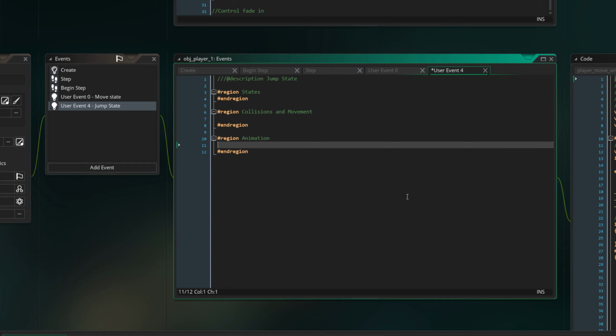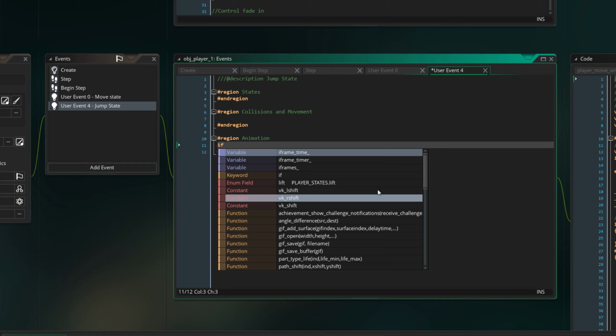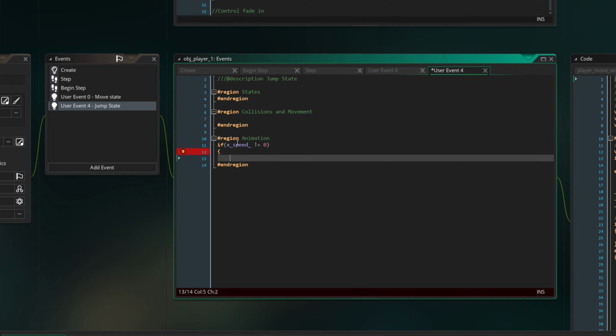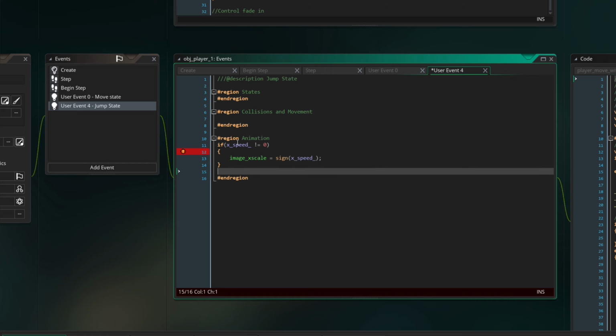Let's start with the animation since it's the simplest. If x_speed does not equal 0, then _x_scale is equal to the sign of x_speed. So that flips us around when we're going left or right. And if on_ground,